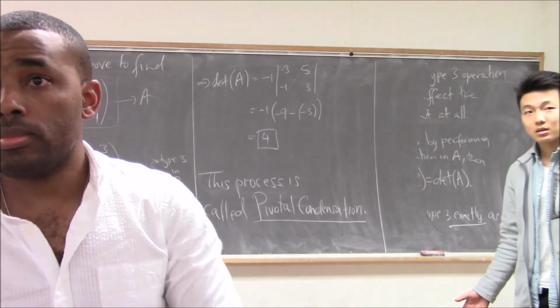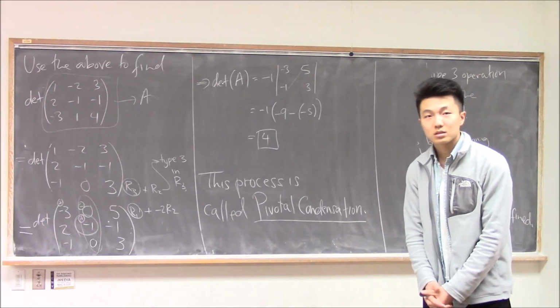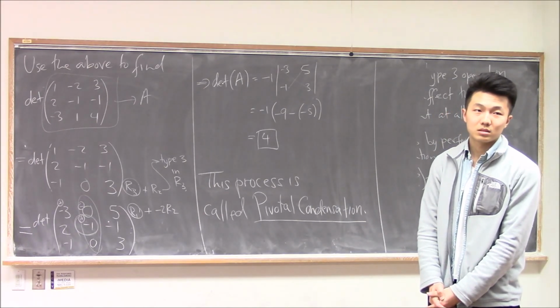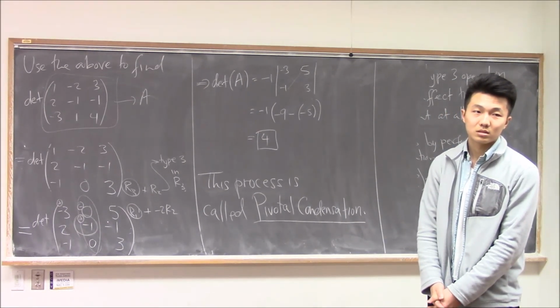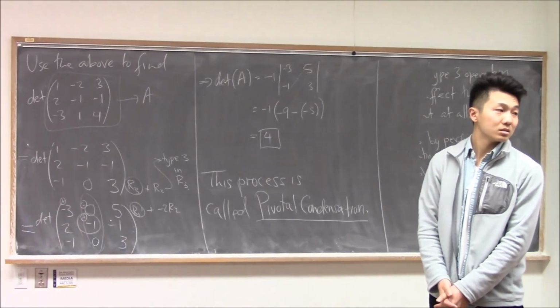If you get a column of all zeros, is it no solution like with a row of all zeros? The thing is, you'll never be able to do that using a type 3, unless